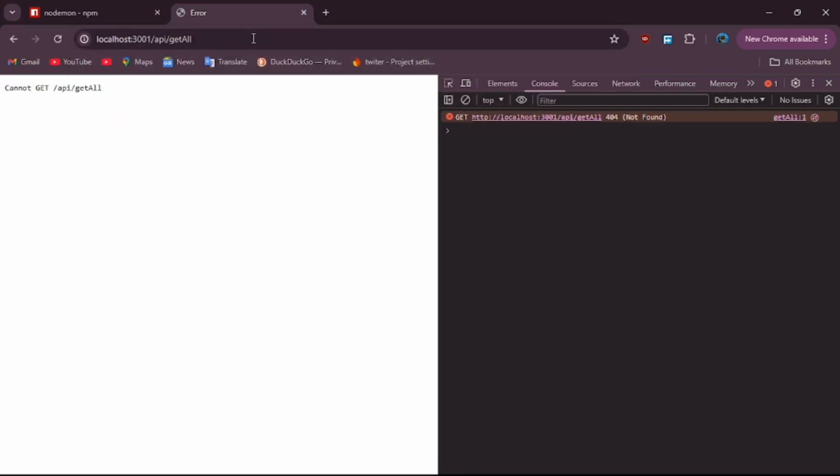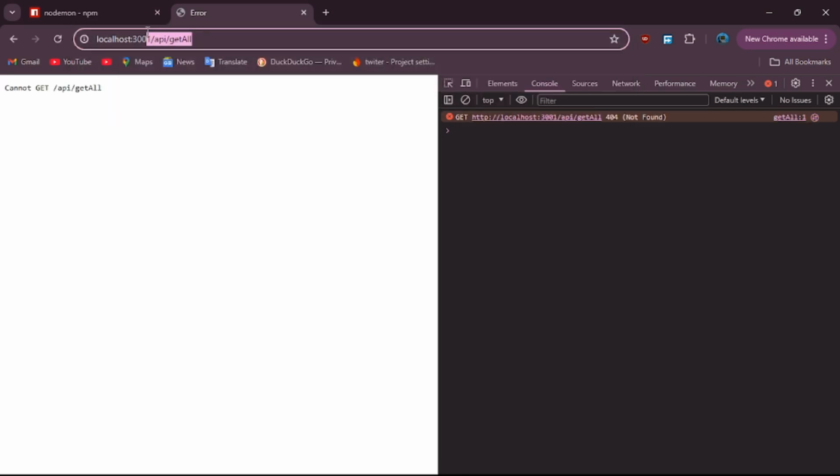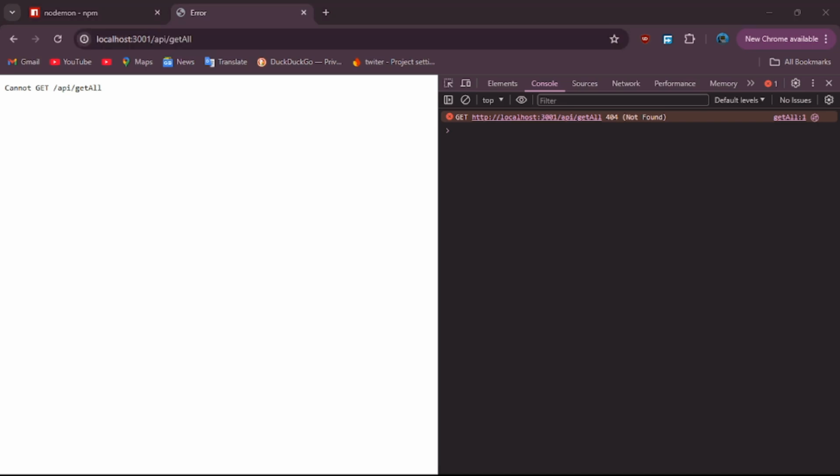For this case, if I just put it this way, it means if we access this endpoint, we will have all the posts fetched from this. So we will use a get request for this case. So we'll use the app.get for this case, and then we specify it as a string, the URL that we are going to use. Let me copy this,